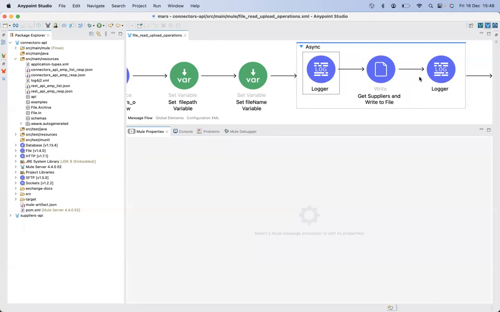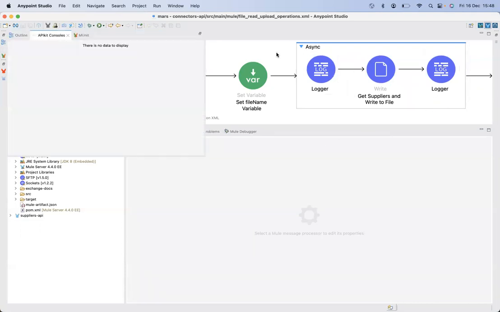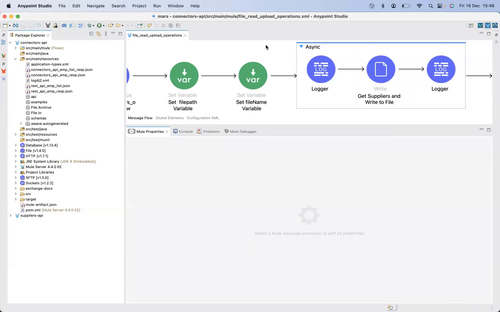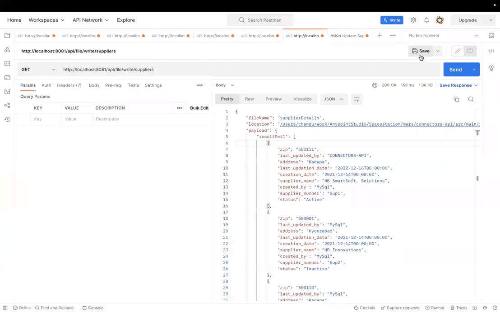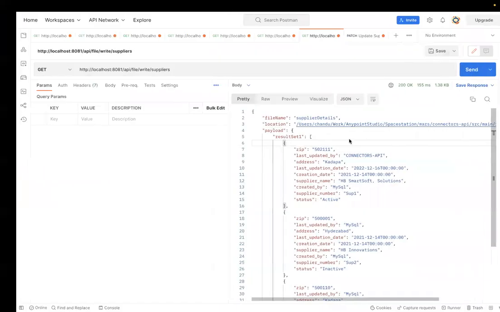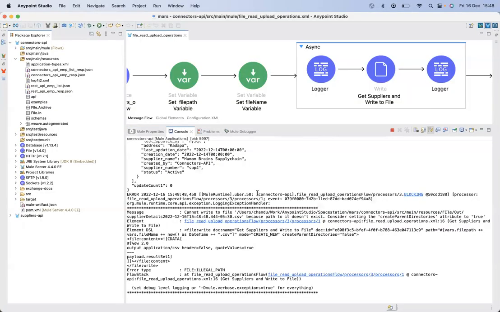Since this is an asynchronous scope, our main suppliers information returning to Postman is not failing. Send a new request and then observe the result. Okay. Now it is trying to write a file with the .csv, but it is failing. It is throwing an exception like file illegal path. So in this way, you can